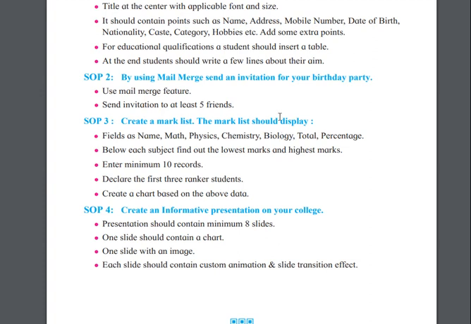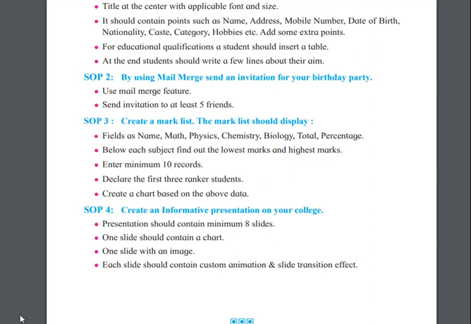So in Excel, what you all have to do, you all have to create a mark list. So you all can assign the heading to your Excel file as mark list. In that we have seen how to merge the different cells and create a big cell and give the heading as mark list. Then there will be different types of columns or fields included in your Excel sheet. That will be name, then the different types of subjects such as maths, physics, chemistry, biology. After that there will be a column of addition, that is total, and last will be the percentage of each student.